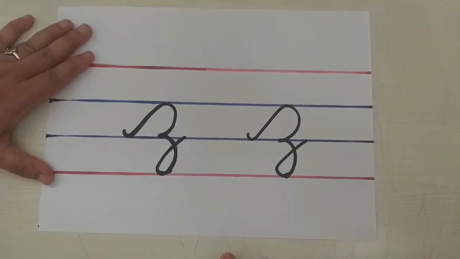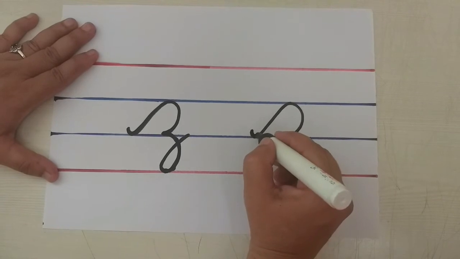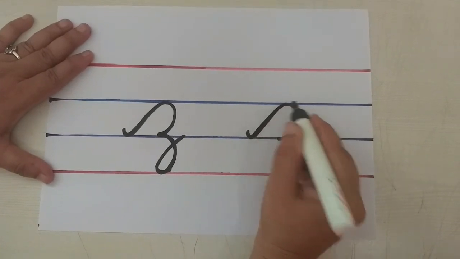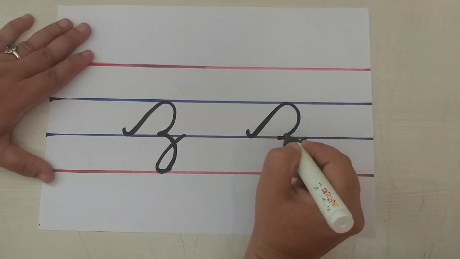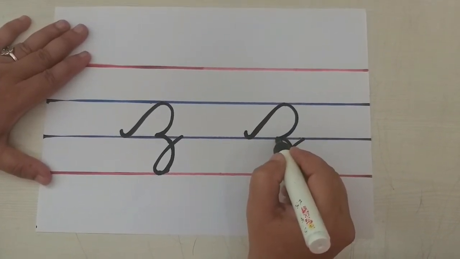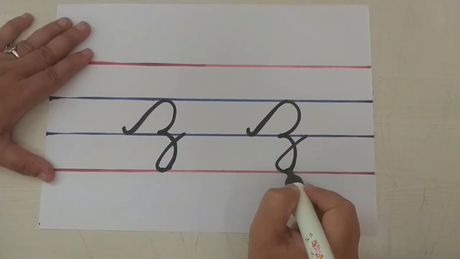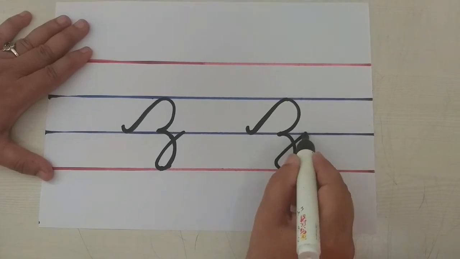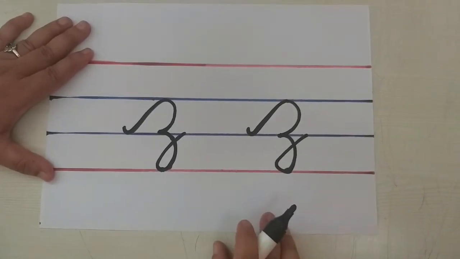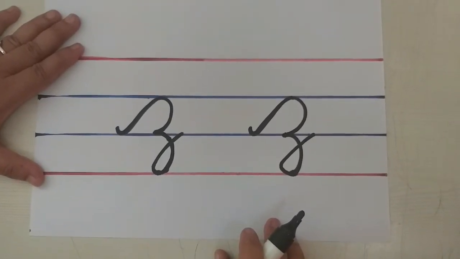Shall we write once again? Take a small curve. Go up to the second blue line. Slanting line, children. Now make a half curve. Okay. Now again come down to the fourth red line. Down, children. You have to come down. Now take a turn and go and join this third line. So this is small cursive Z.